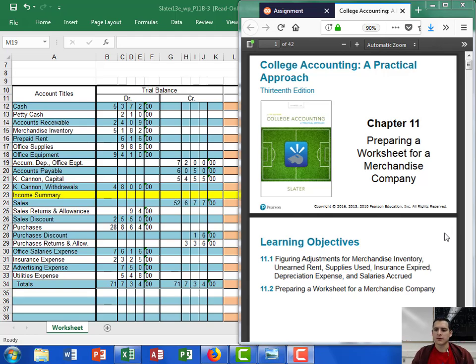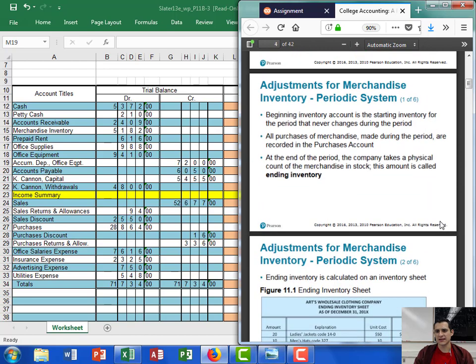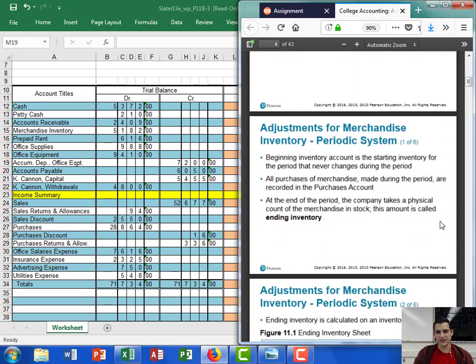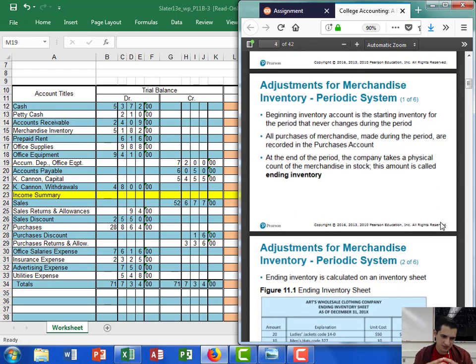Alright class, we're going to go ahead and start with Chapter 11, preparing a worksheet for a merchandise company. Now the major takeaway that we're going to start with for this class is dealing with merchandise itself. Now the book's going to be talking about beginning inventory and ending inventory. Now beginning merchandise inventory will always be the number you started out with when you began your business, whatever month